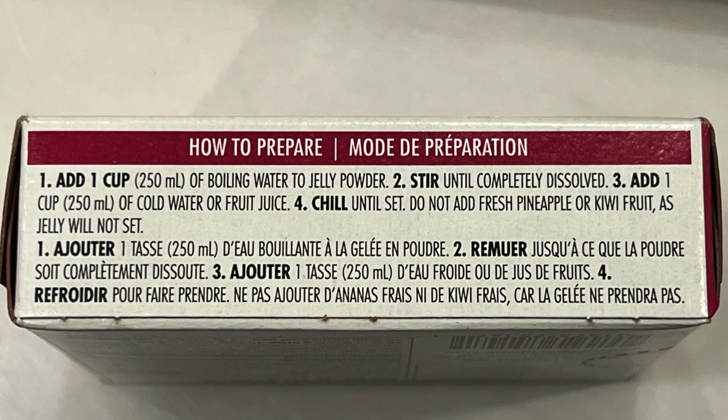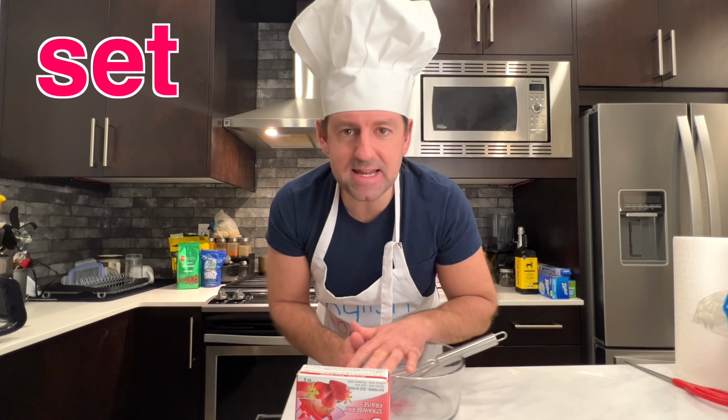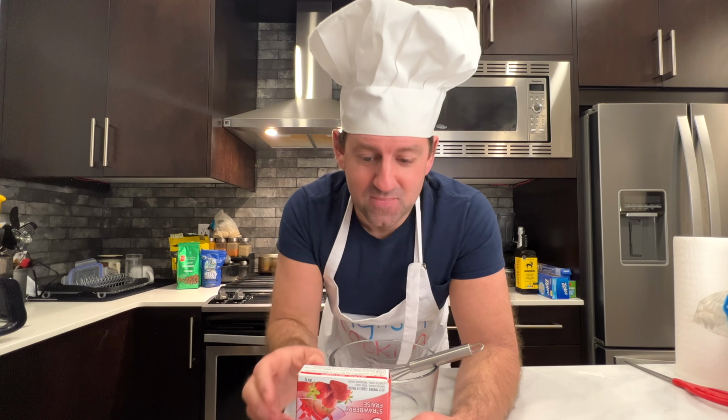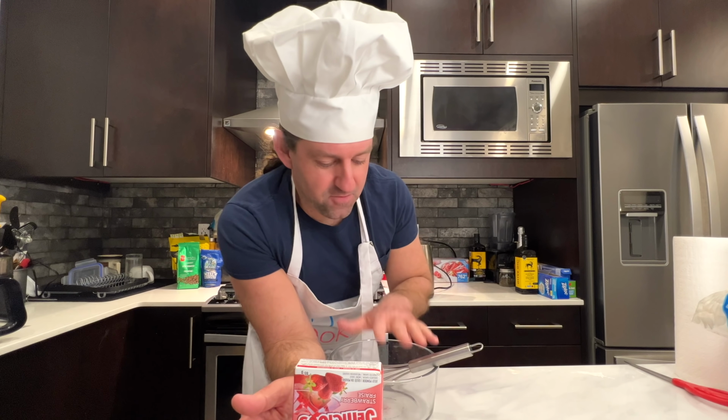Set. Now, when you're making something like this, it's a pretty common word in cooking, the word set. The recipe will say maybe, you know, let it set for a while. Put it in the fridge until it sets. That means when a liquid becomes firm. So we want this Jello to become firm, right? So we have to put it in the fridge to let it cool off and set, because it's just going to be liquid. We can't eat our Mellow Fellow Marshmallow Jello unless it's set, right? I don't know how long it's going to take to set, but first we're going to